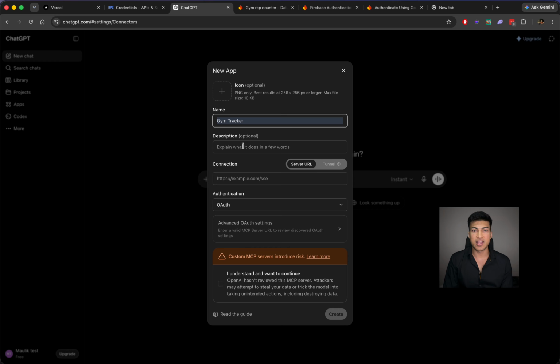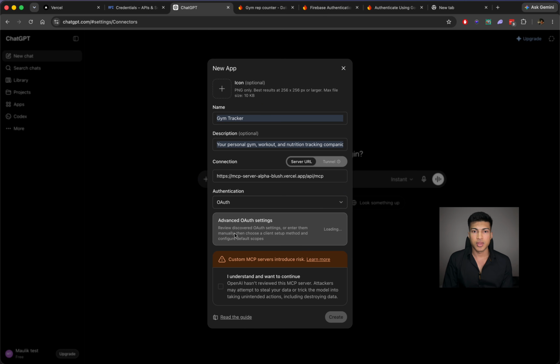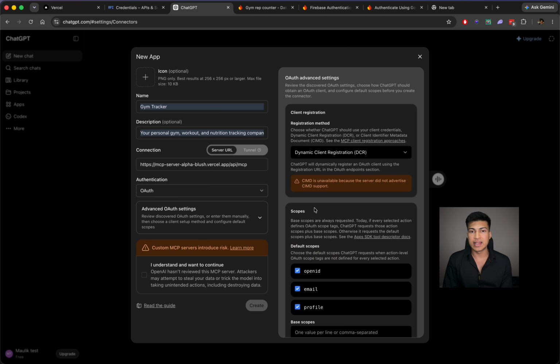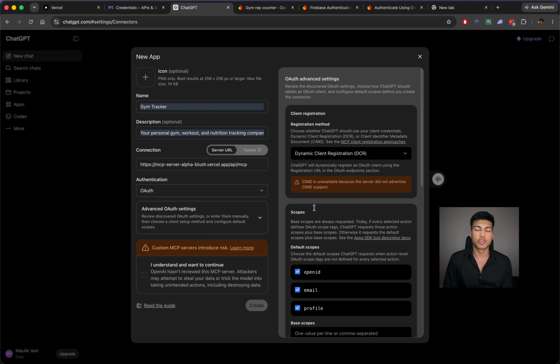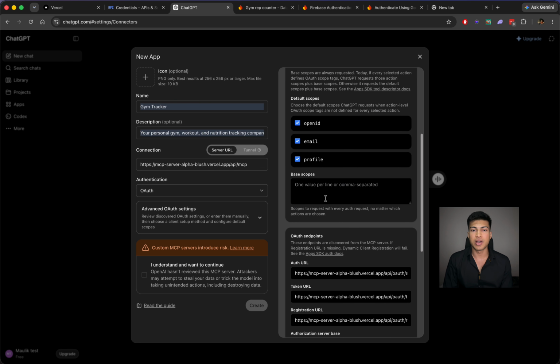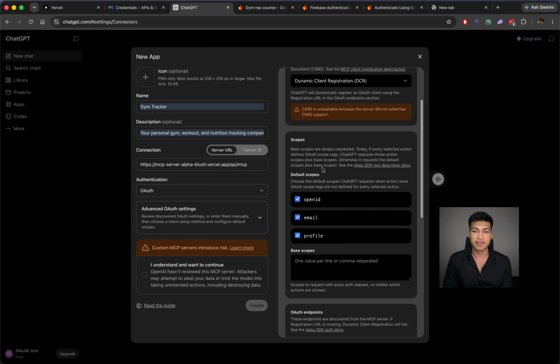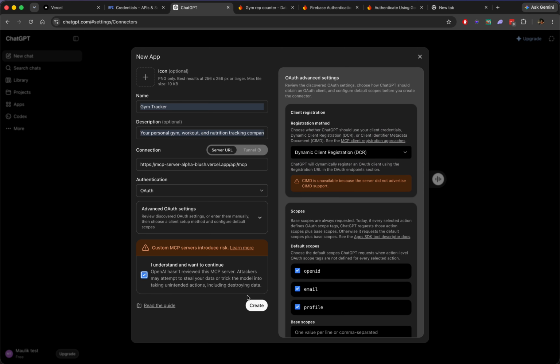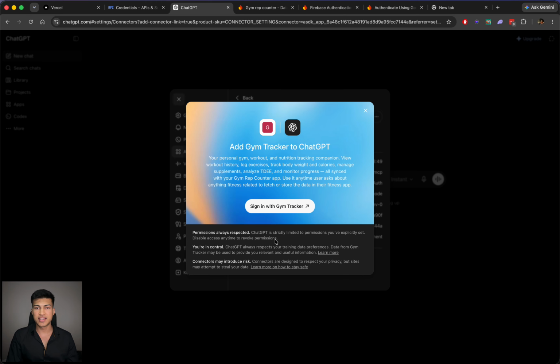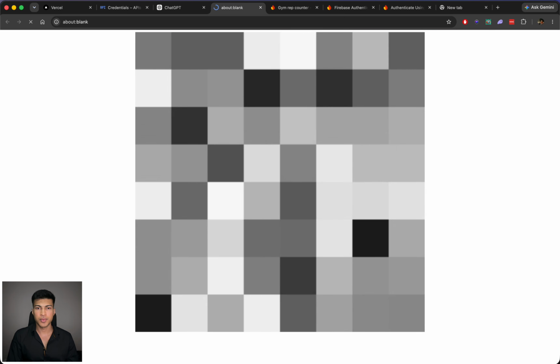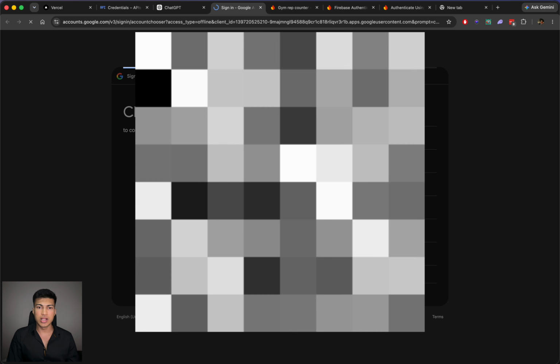Now let's try again to add our MCP server on ChatGPT. This time it's automatically detecting everything. The scope, client ID, callback URL, all is detected automatically. We will discuss more about how OAuth works later in the video. But for now, let's test this. So log in with Google